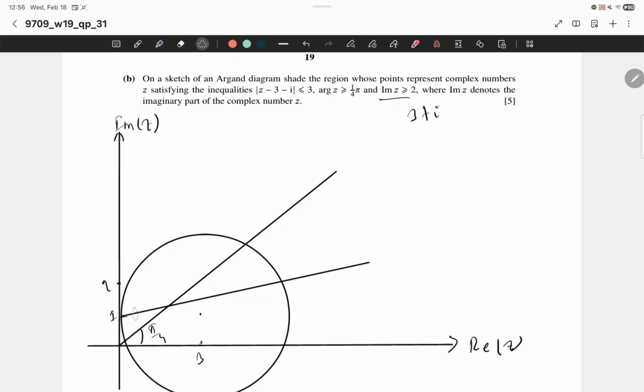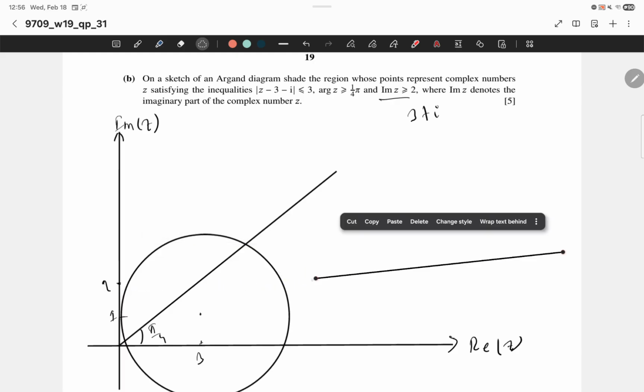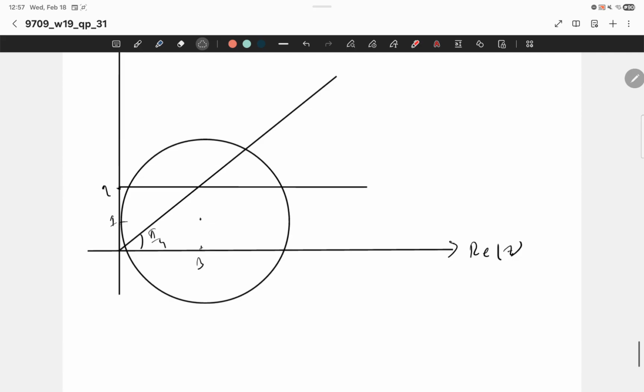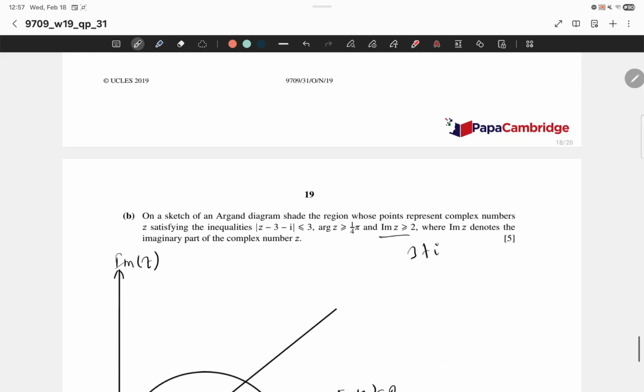Man, the lines. Wait. Yeah. So this is the imaginary part equals 2. And what did this? So